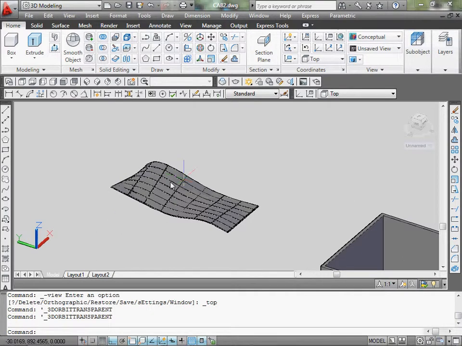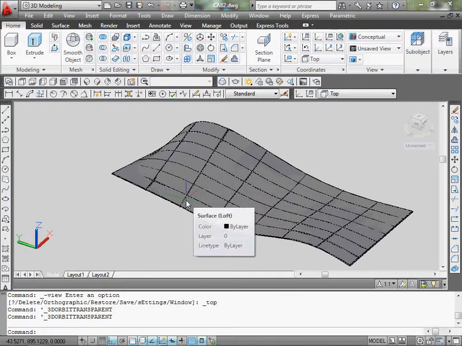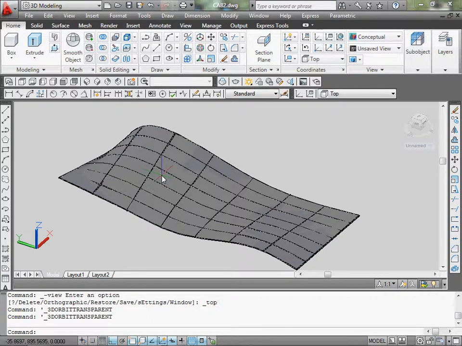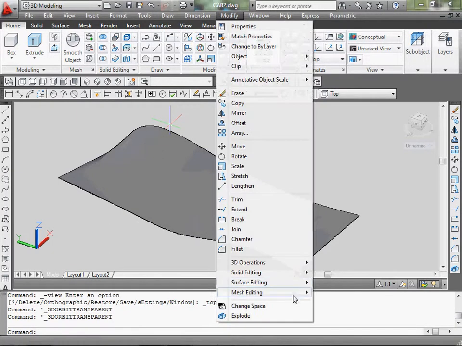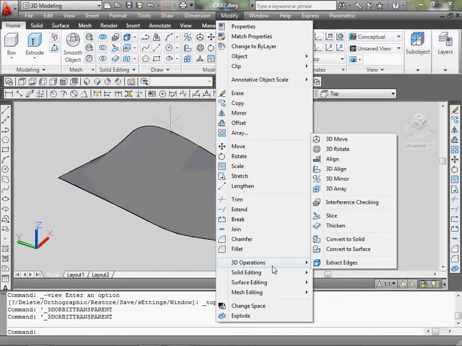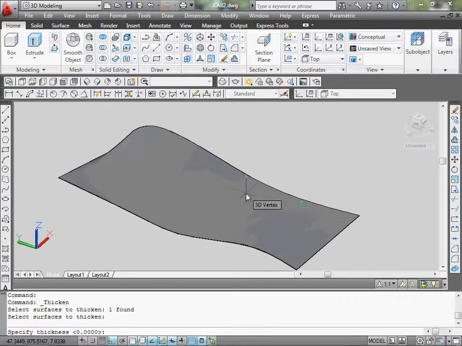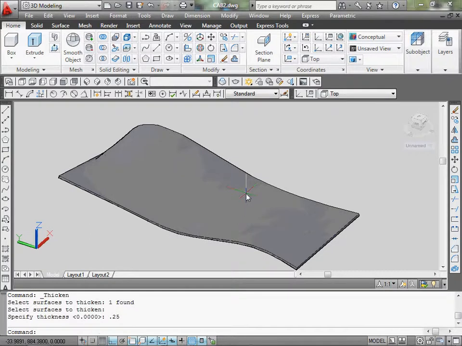Two ways of going about making this an actual door face is by giving it a thickness first. There's two ways of doing that. The main way would be to go to Modify, 3D Operations, Thicken, select that object, press Enter, and give it a reasonable thickness. I did a 1/4 inch, 3/4, an inch. I don't think you're gonna do more than an inch thick wood for